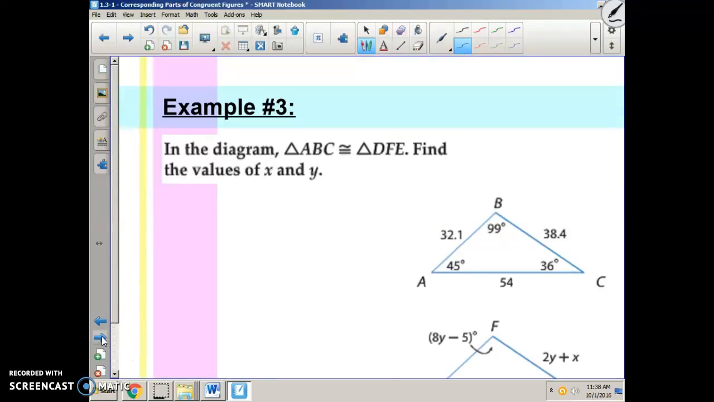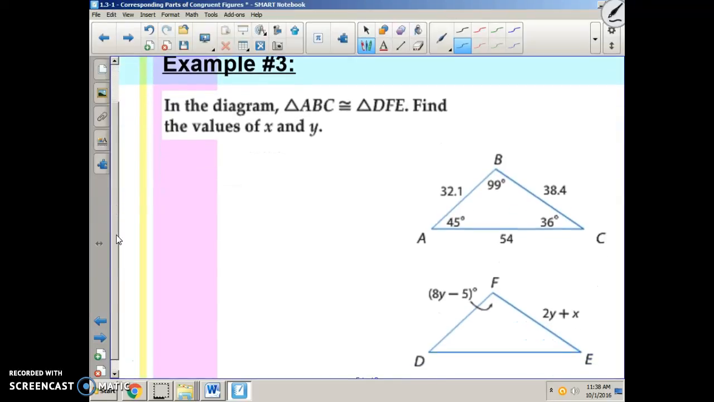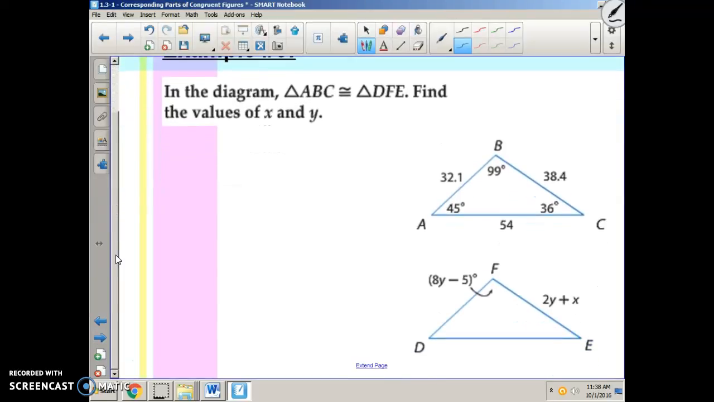Alright, moving on to the next one. Now we're going to throw a little algebra in, move your level up a little bit so that you can do a little bit higher level thinking. Okay? So we've got our congruent statement up here, and I'm going to actually rewrite it into a sort of